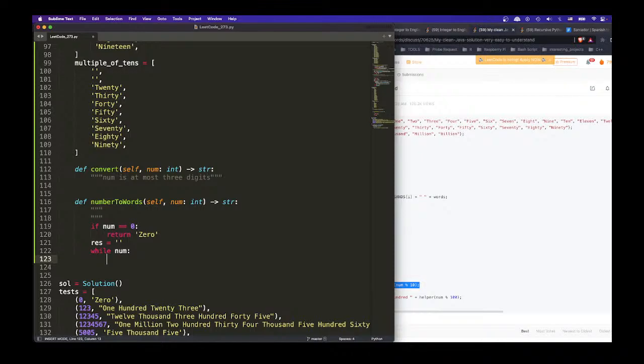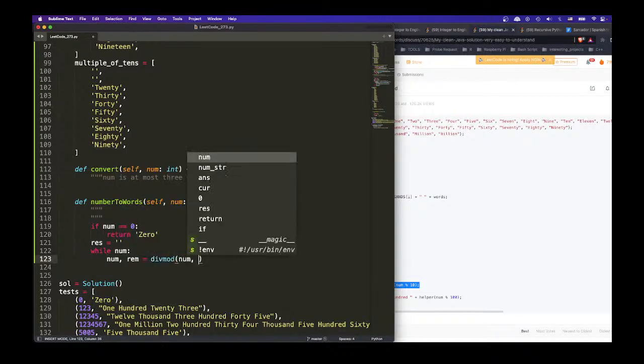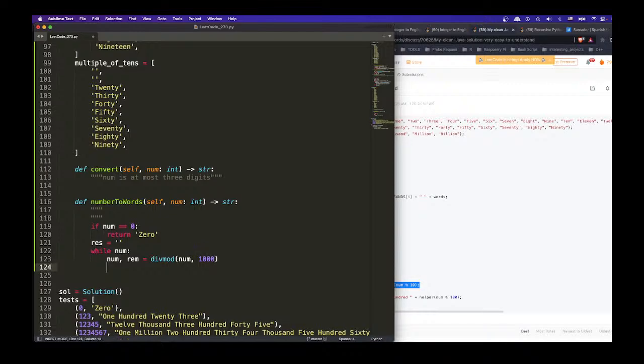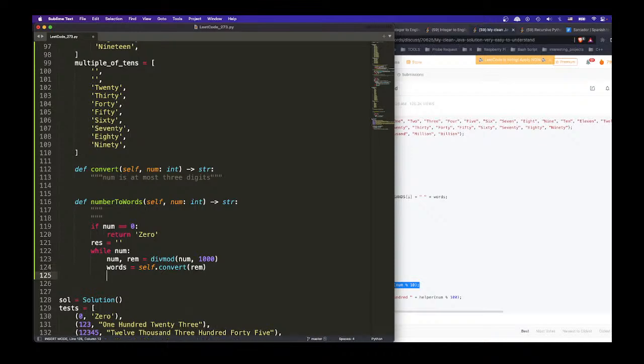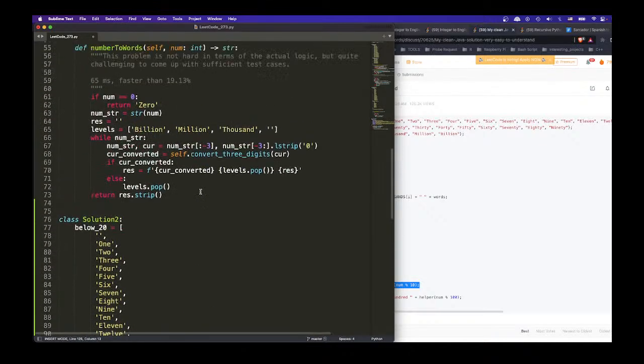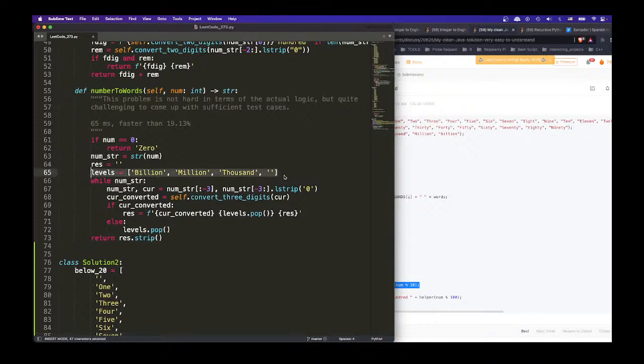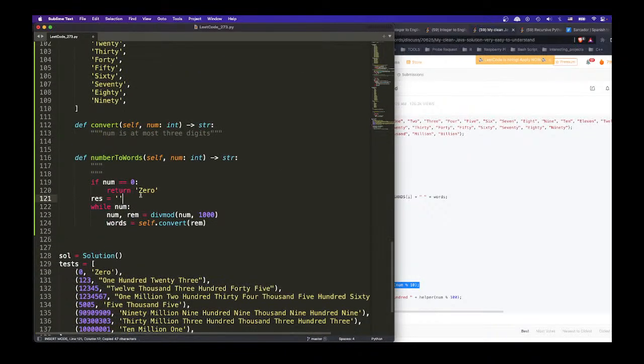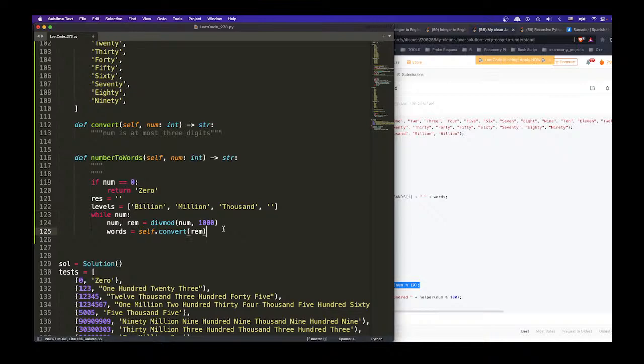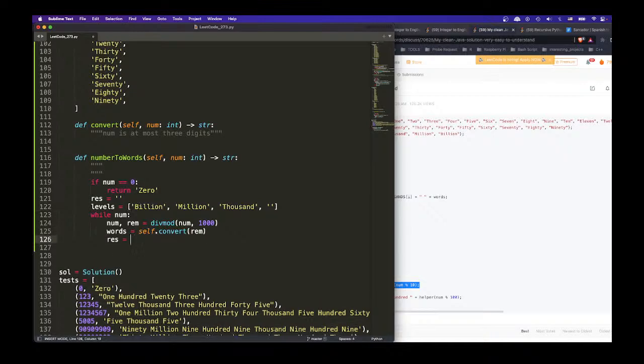So we're going to say num, rem equals divmod num and 1000, right? The remaining will go to convert. And then we can say words equals self.convert of rem, the remaining, and then I do need levels. Okay, then we say res equals